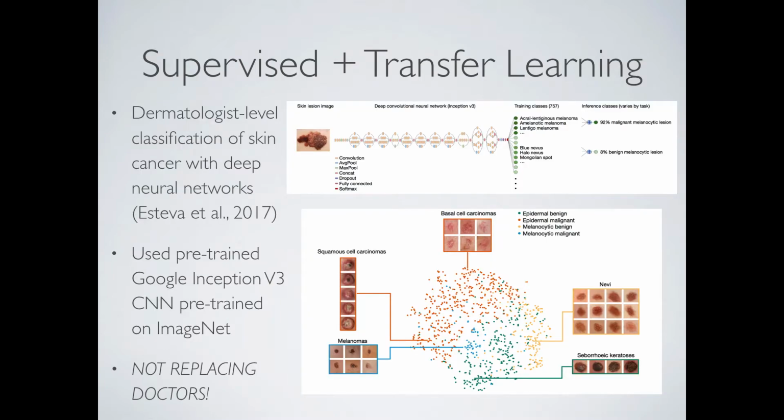A really cool example of this is a paper that came out from Stanford, where they took the ImageNet data, which is a big data set of images that actually have labels. Like this image is a fire truck, this one is a dog, this one is a cat. They were training a state-of-the-art neural network model, this big thing right here. They took the architecture from the Google Inception v3 convolutional neural network that was pre-trained on ImageNet. So they were training it just on the regular images in ImageNet, standard images that you would have of a house or a car or whatever.